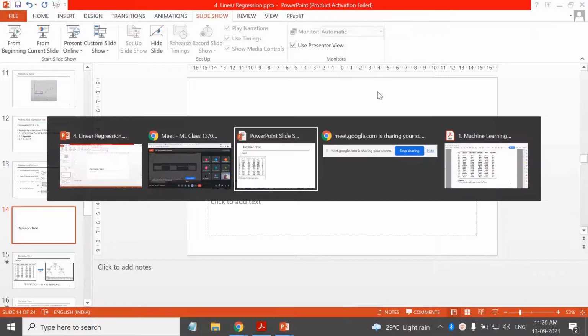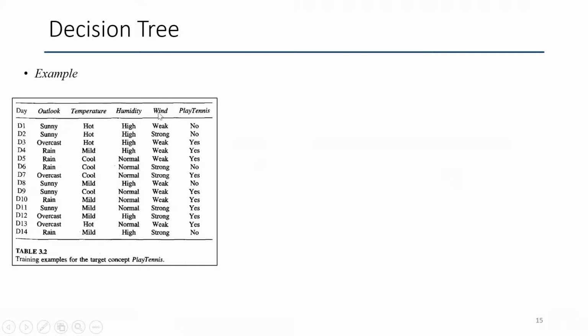The attributes are outlook, temperature, humidity and wind. So a few samples or instances are given, and based on that we have to learn a function, so we can decide for a future instance. Now here we have 14 instances. For outlook we have 3 values: sunny, overcast and rain. For temperature also we have 3 values: hot, mild and cool. For humidity we have 2 values: high and normal. And for wind we have 2 values, that is weak and strong.